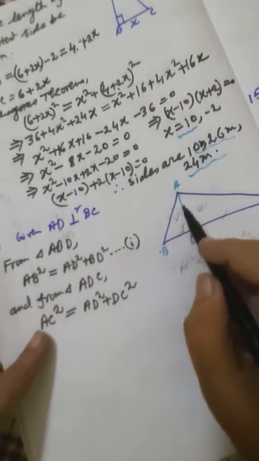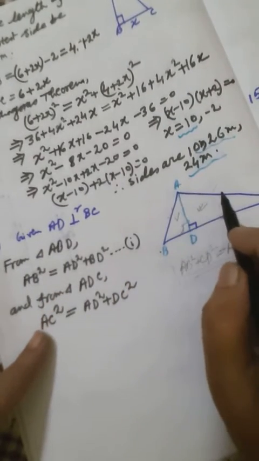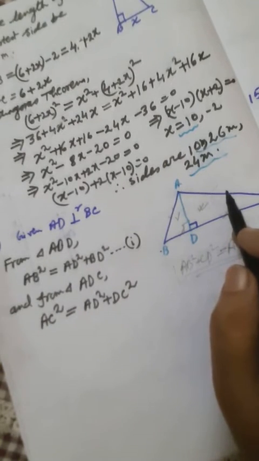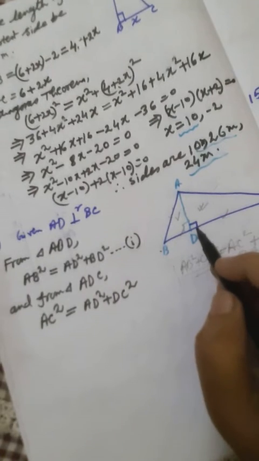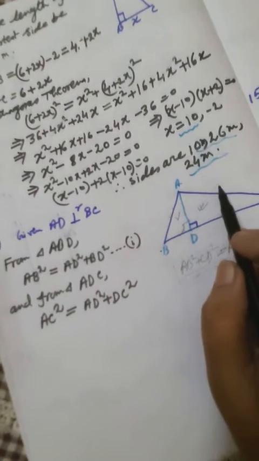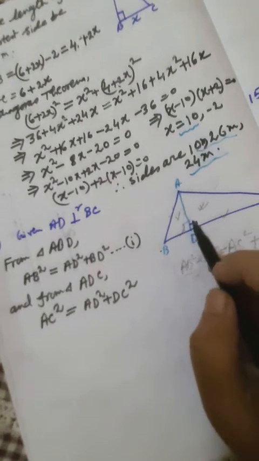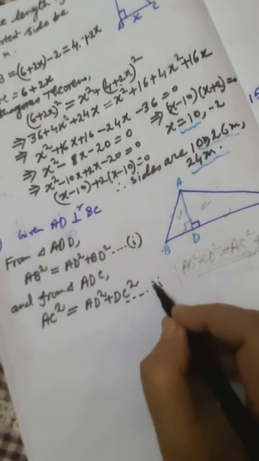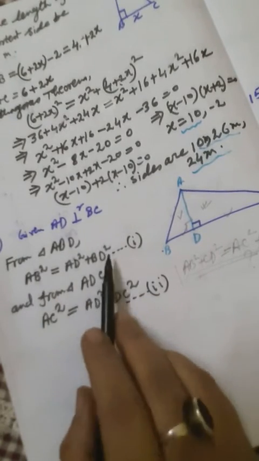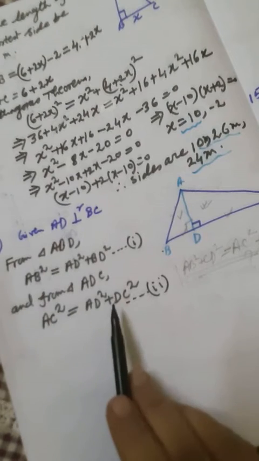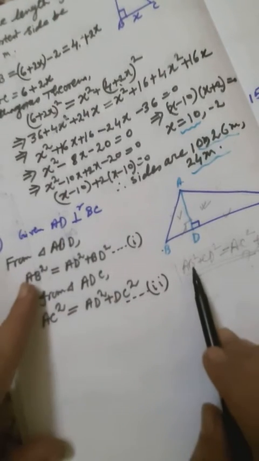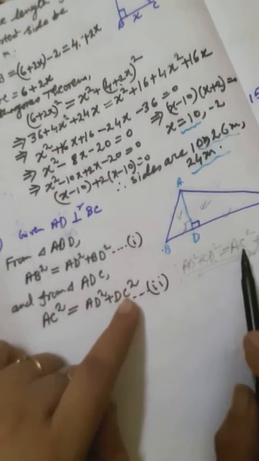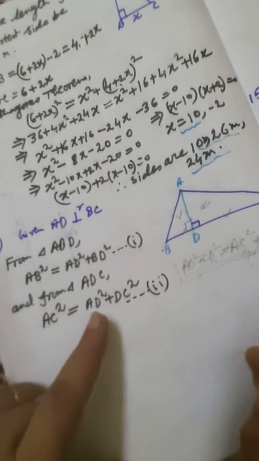Next, this is another right angle triangle where hypotenuse is AC. Hypotenuse means what? We have learnt in the video that this is the side opposite to the right angle. So AC square is equal to AD square plus DC square. Let it be 2. Now see what are the things we have got, what are the sides we have got, and what we have to prove. AB, CD, DC, AC and BD are there.